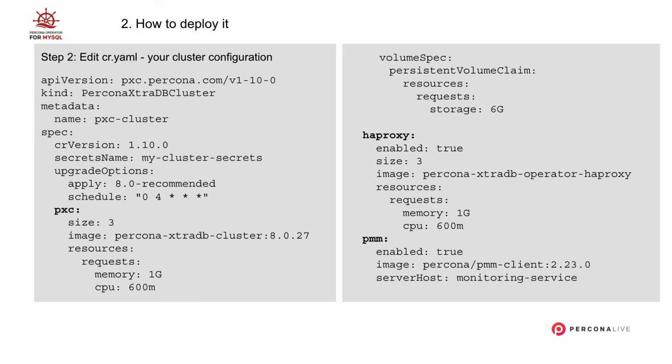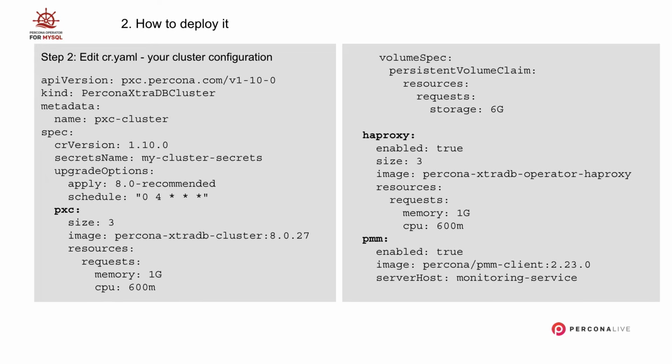You'll have the name of the cluster, the reference to the secret, so where the administrative users' passwords are coming from, the version that you want to use, and then the section that says, hey, I want a 3-node cluster, and each node will have 1 GB of memory request and 600 milli-CPUs, a pretty small cluster, right? And then each node should also have 6 GB of the default Google Cloud provided storage. And then you decide, okay, I use HAProxy, so you just enable it to have HAProxy in highly available mode, 3 of those, and some resources on the HAProxy as well.